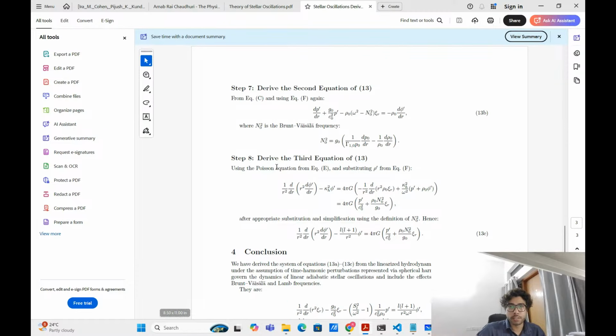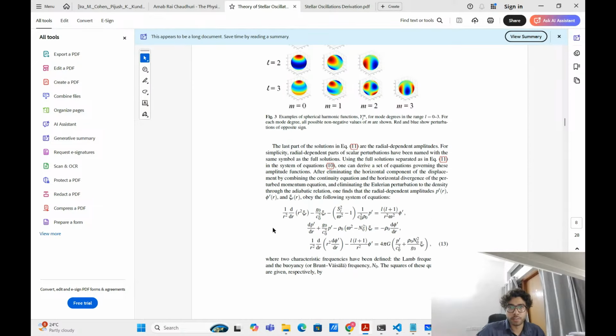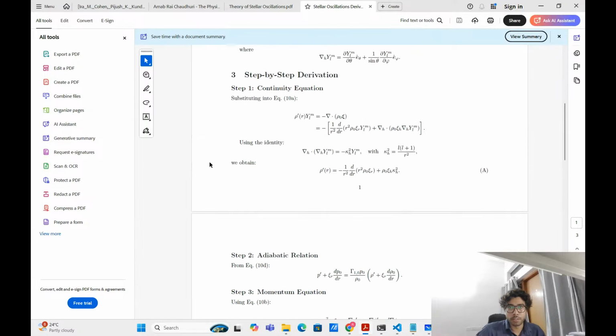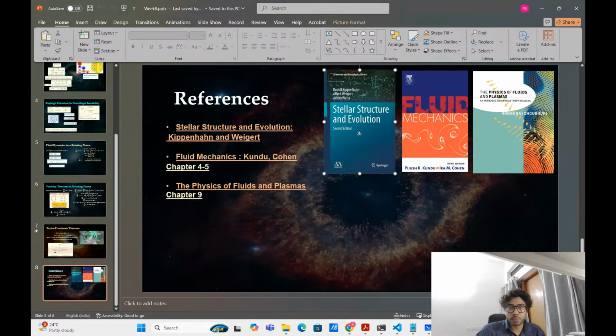Another material is this, which contains the derivation of these equations, which are not given in this paper. I have made a separate document on this, which I'll also share. But this is if you want to go through some book. This is a book for the stellar oscillations, and for rotating fluid frames, as I said, the Kundu Cohen book is good enough. And for physics of fluids and plasmas,